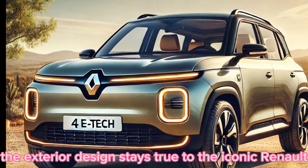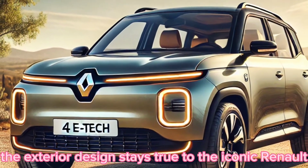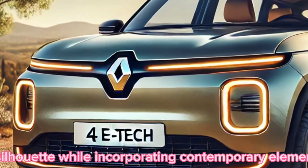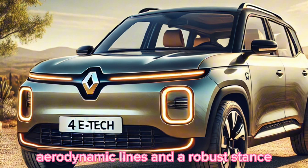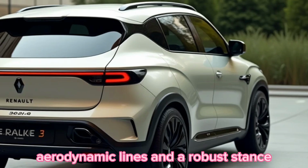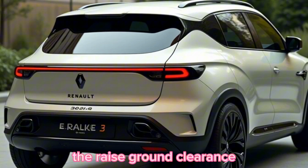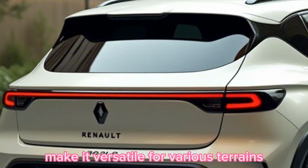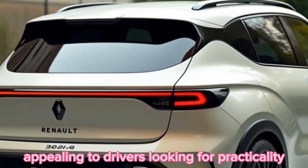The exterior design stays true to the iconic Renault 4 silhouette, while incorporating contemporary elements such as LED headlights, aerodynamic lines, and a robust stance. The raised ground clearance and rugged appeal make it versatile for various terrains, appealing to drivers looking for practicality with